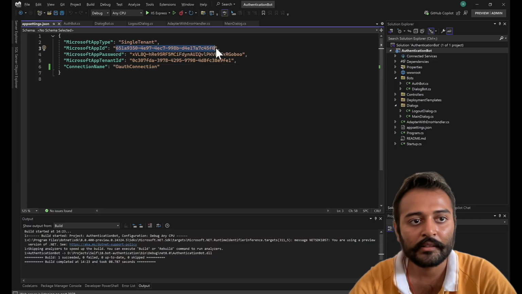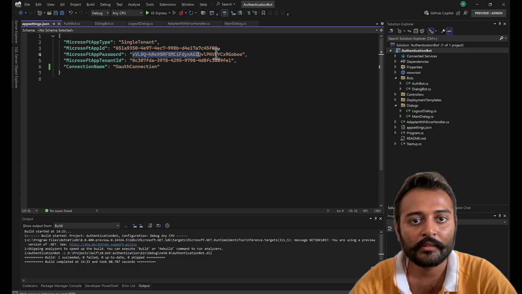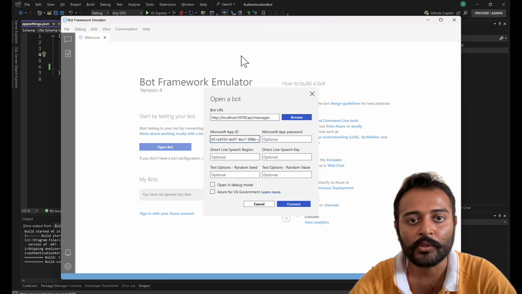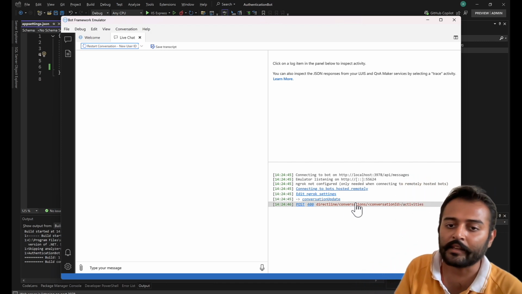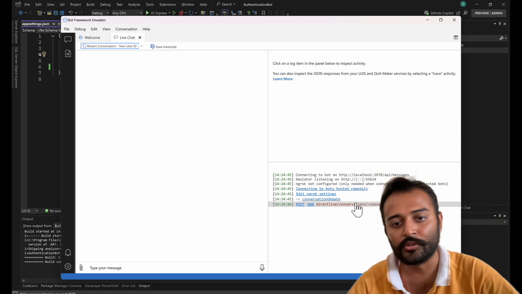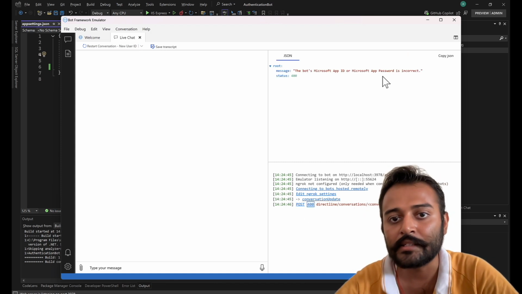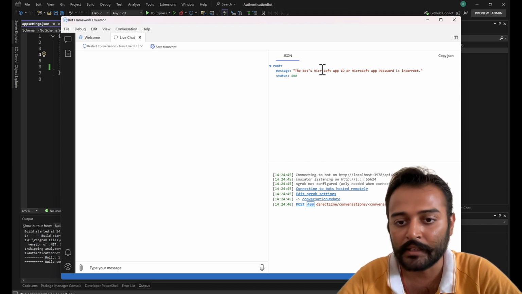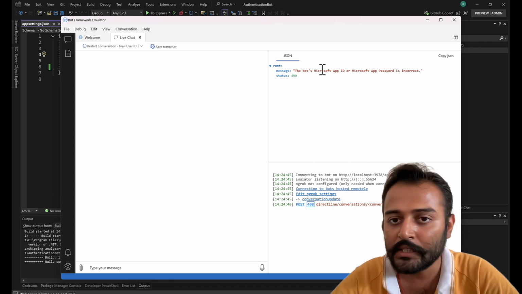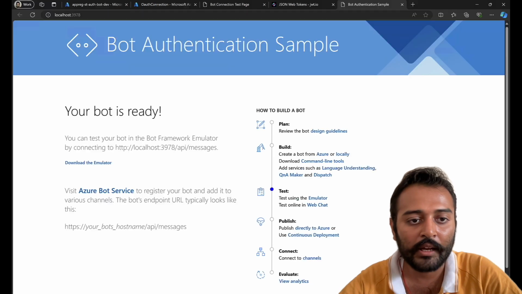Copy the tenant as app ID, copy the app password and connect. So you might be getting this error if it is a single tenant resource. And if you click on this error, you'll see the actual error details. The bot's Microsoft App ID or Microsoft App password is incorrect. I have researched this a lot, why this is happening, and I found out that